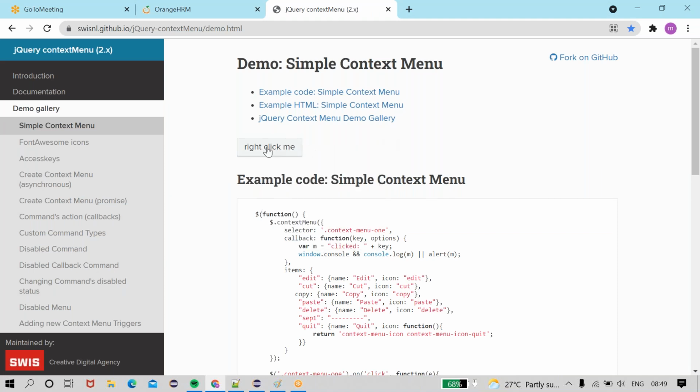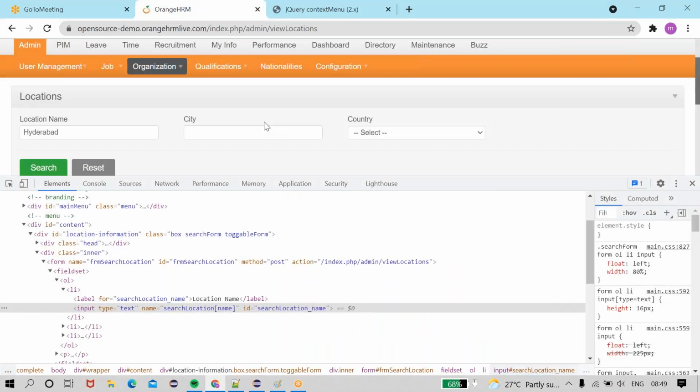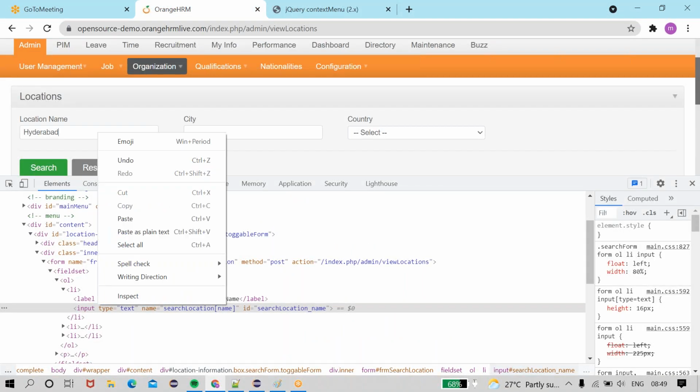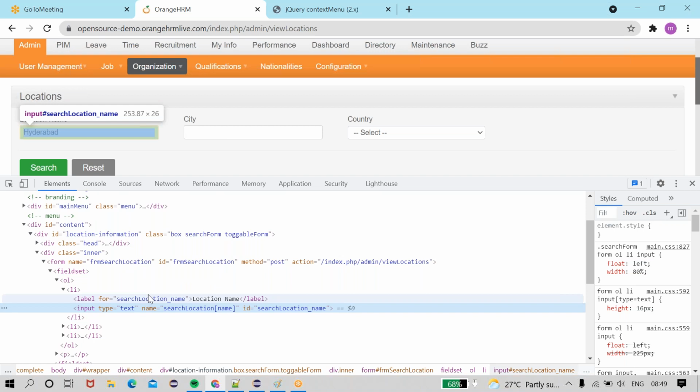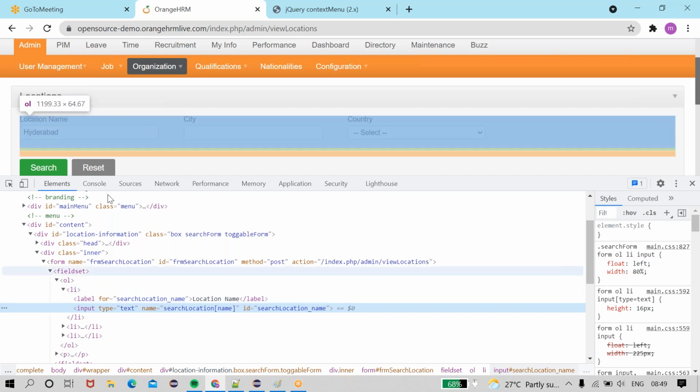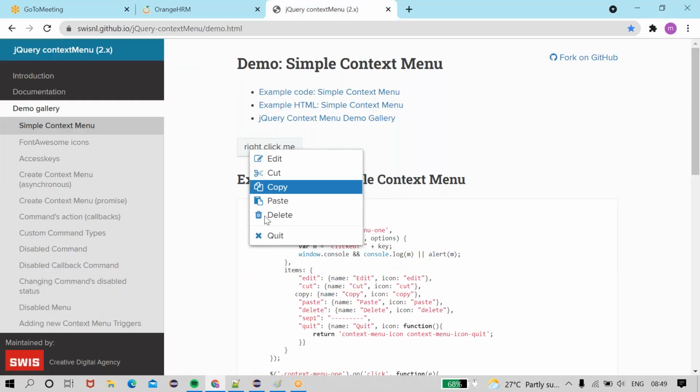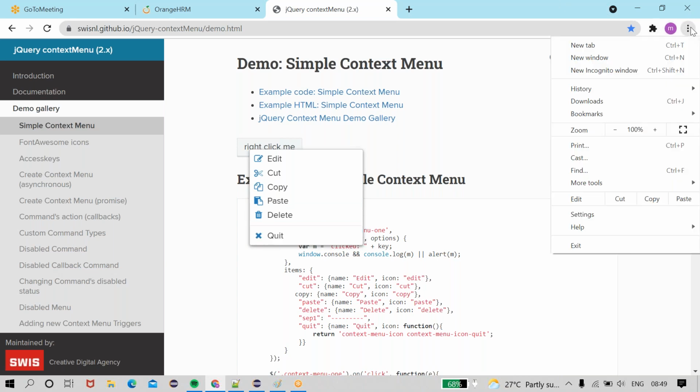Basically, to inspect we click on right click, but here if I perform right click, these options will open. So I'm going to open the developer tools.